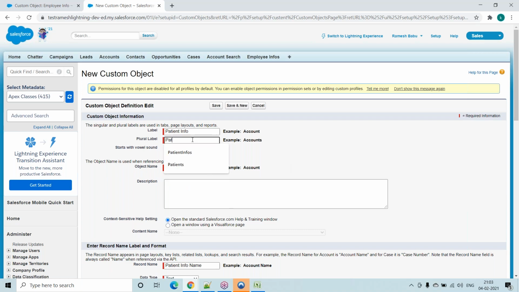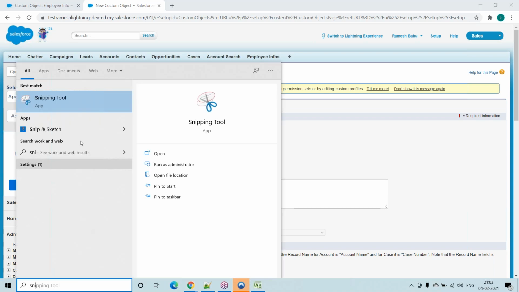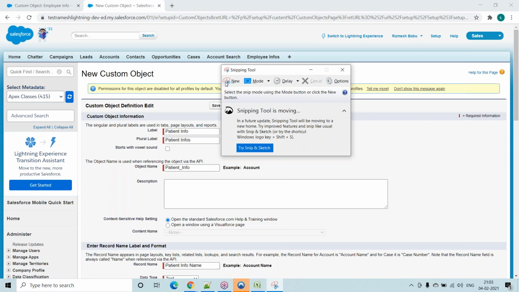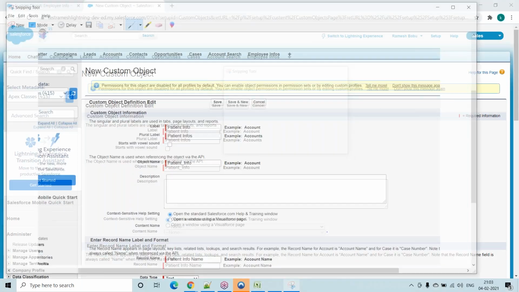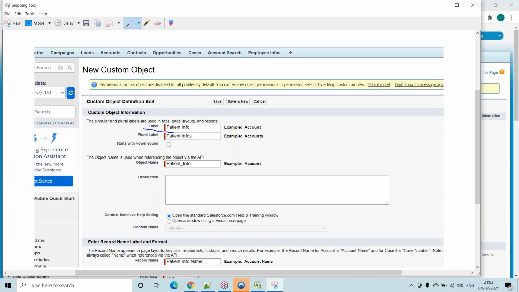Now here I'm giving the plural label patient infos. Where it is useful, I will explain. Just remember patient info, the plural label, and the object name. Just remember where we will get it.